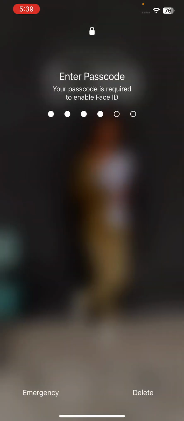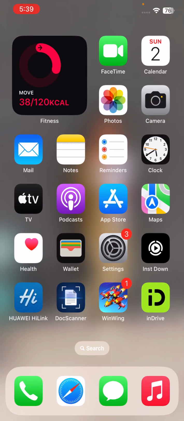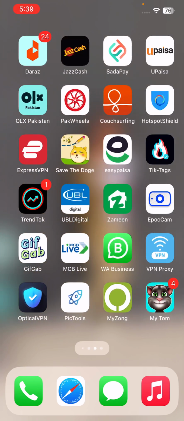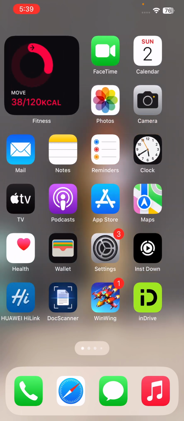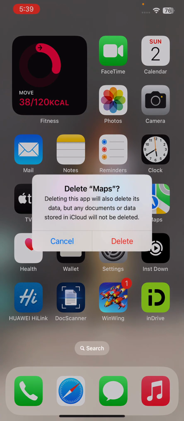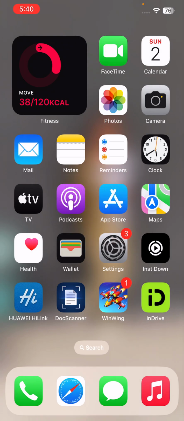So guys, after restarting your iPhone, the next solution is to reinstall the Apple Maps app. So uninstall the Apple Maps app. Here's the Apple Maps app. Tap on Remove App, tap on Delete App, and tap on Delete App. So guys, after reinstalling your Apple Maps app, if this is not working again, the last solution is